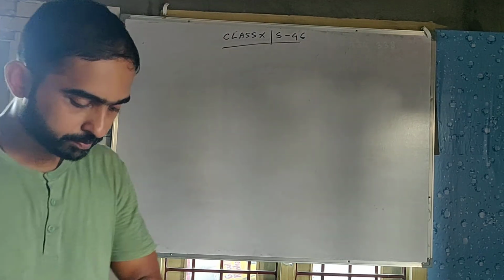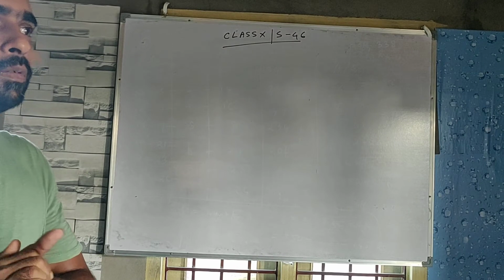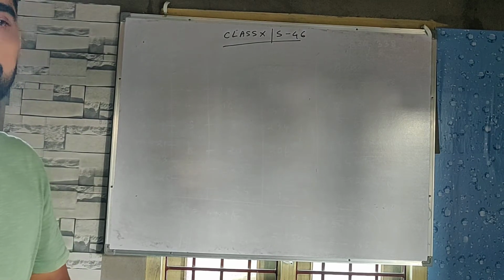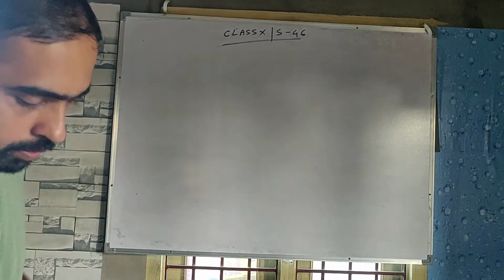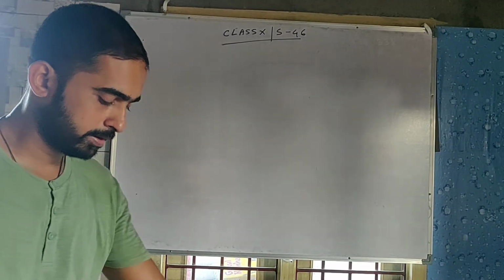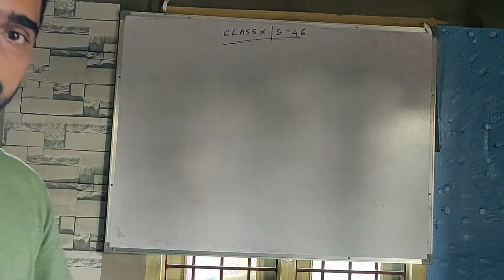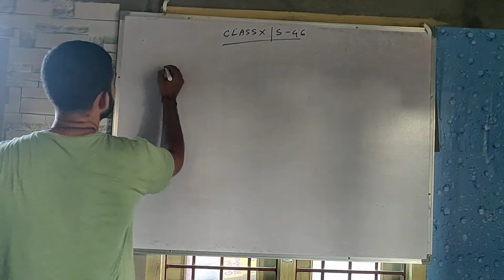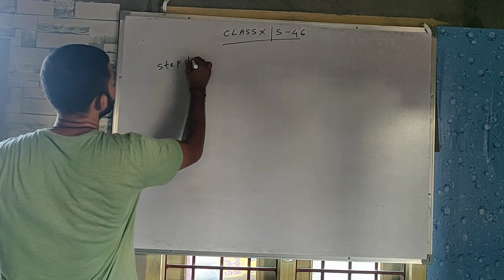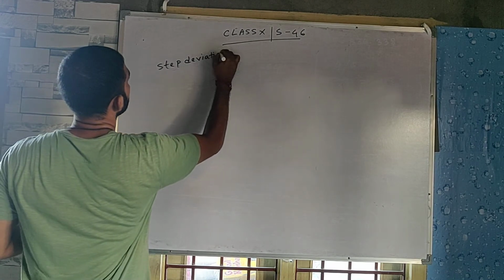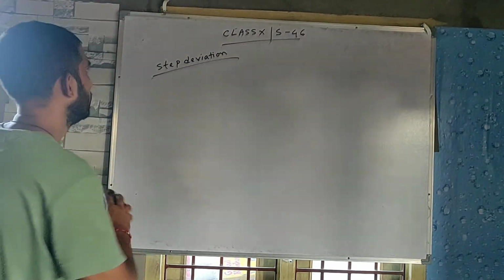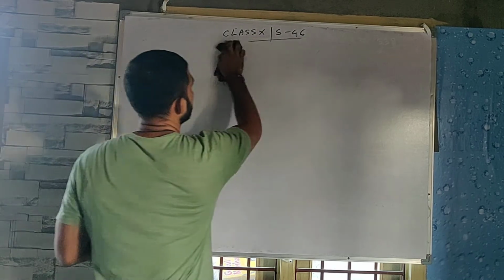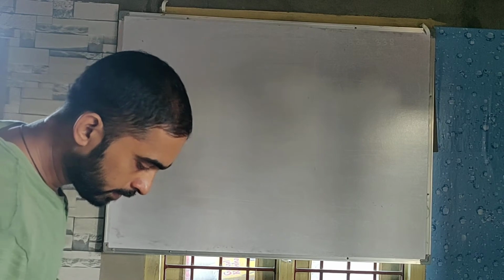So good morning. In the previous class we discussed the assumed mean method to find the value of f, the unknown number in a table which is given. Now in this class we will discuss the new method, the step deviation method. It is the same as the previous one, just here we have to do two more steps. A table will be given.